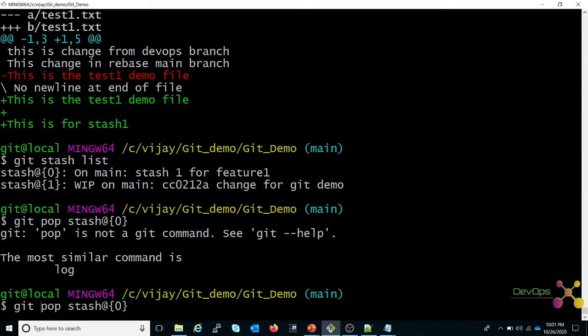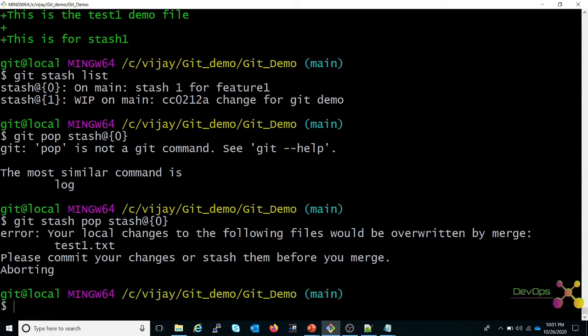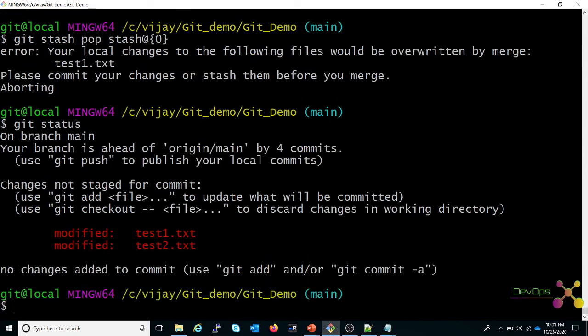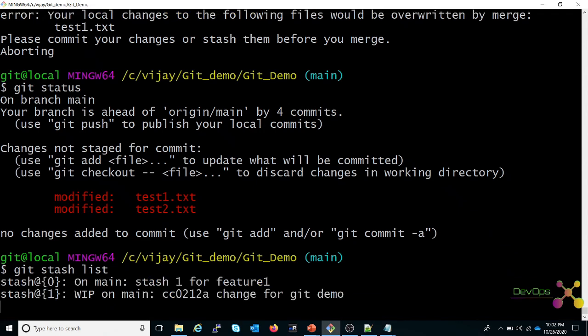Stash is missed. Let's apply another stash. Git stash pop, because this is already there, that's why. Now we will follow the other command, git stash clear. That will clear all the stashes.